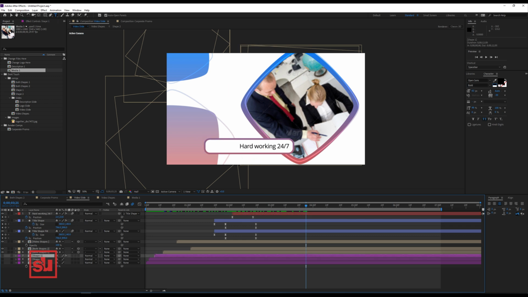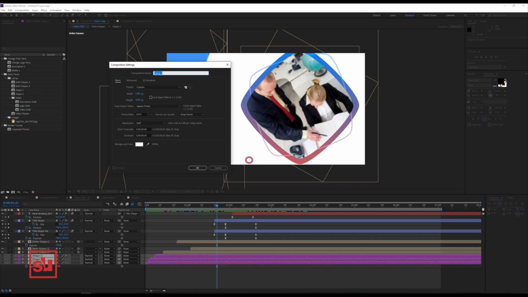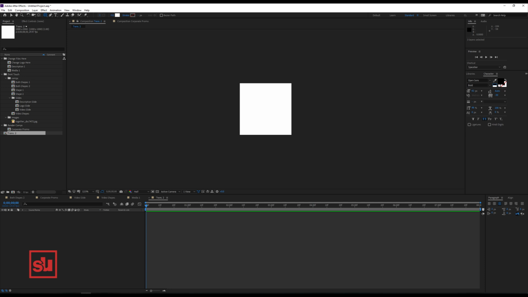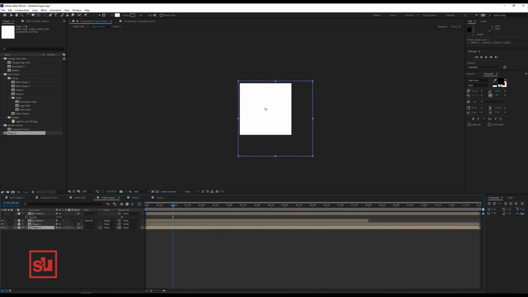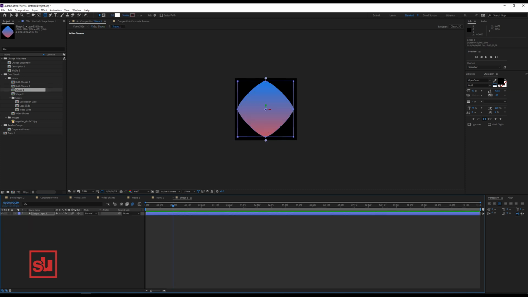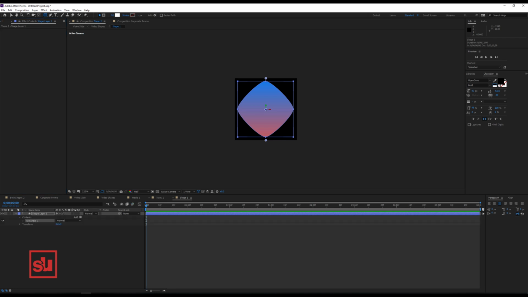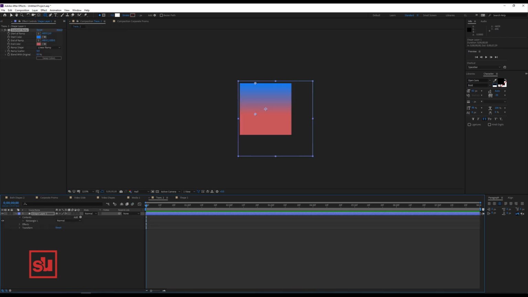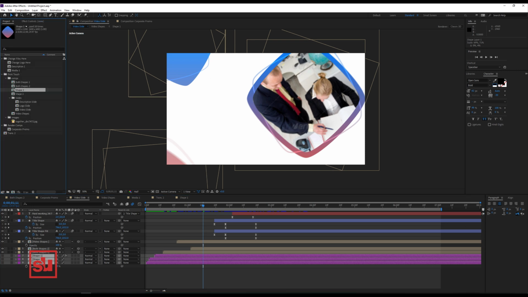So let's create transition for this. 2000 with 2000 comp, and let's call it trans 2. Now let's use shape tool and let's add a shape. Let's copy the gradient ramp from the shape 1 and let's paste it inside the transition 2 shape. Now let's scale this shape and let's go to the video slide and let's replace the transition composition,